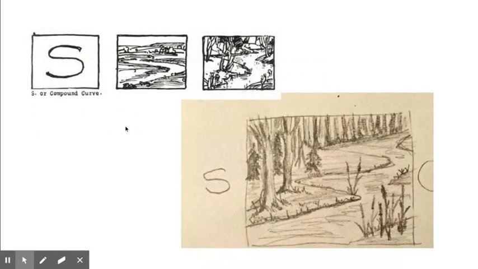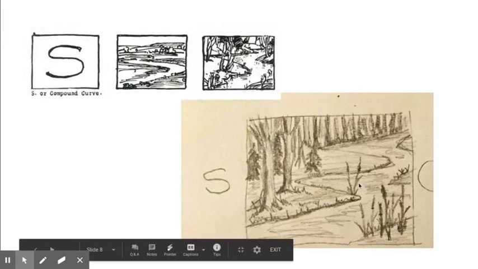And then this one is the S or compound curve, okay? So it's like an S lying down. So this person did this one, okay? And again, they changed their trees to pine trees, okay, in the background. And so this is just the water going back in space, okay? The S lying down, and then they've got cattails, right? It's kind of hard to tell, but it is changed. So they've got cattails on the shore instead of these